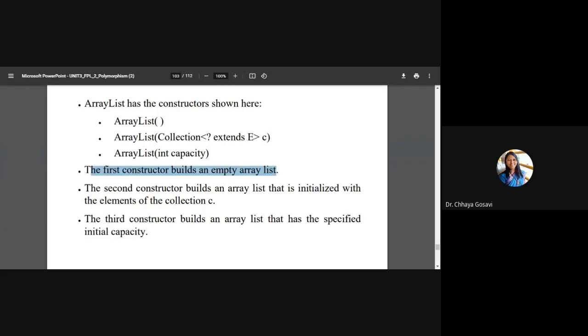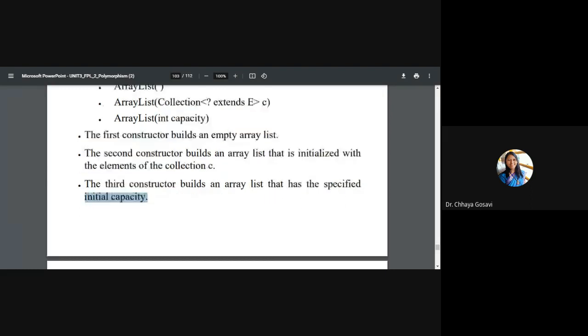The second constructor builds an array list that is initialized with the elements of the collection C. So if you already have a collection or array list made, you can create another array list with the use of the previous one. That's why we are passing a collection. Or not necessarily an array list, you can create an array list from sets or trees, etc. The third constructor will create an array list which has the specified initial capacity.